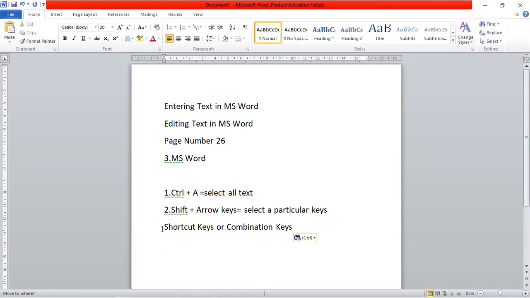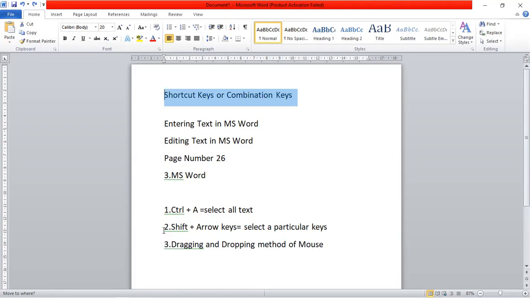Again, I will repeat. First, select a particular text. Just double click on that text or use Shift arrow keys like this.